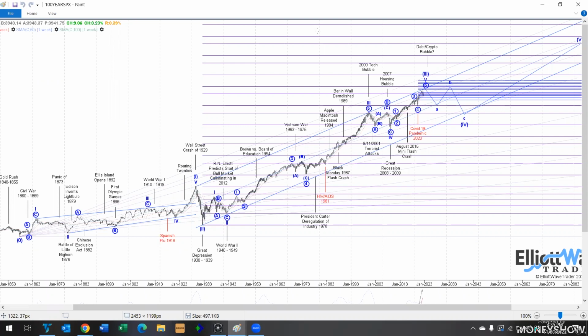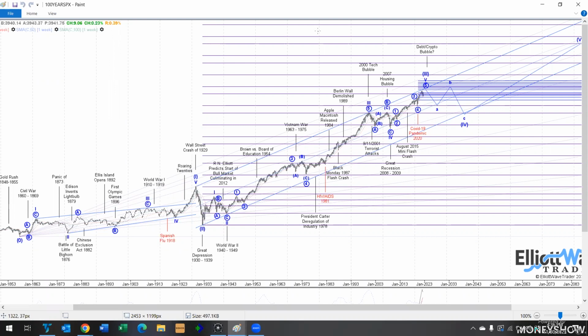The crash, as we count it, was a wave 2 in Roman numeral 2 in parentheses, as you could see on the chart also. Now, if you go all the way up to the right side of the chart, you will see the Roman numeral 3 in parentheses all the way at the top of the chart. Yes, that means that the market has now, or is very close to completing, an almost 100-year, 90-year